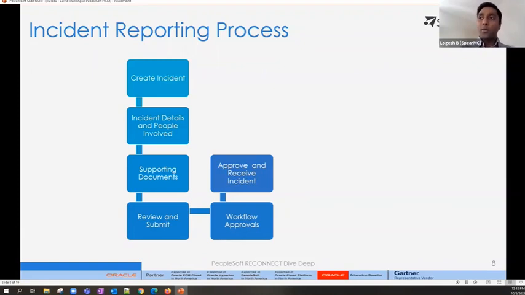Once the workflow approval is received, the information has been recorded, approved, and received, and then starts the process on the administrative side where a related admin could go through and collect more information on the incident if needed. Now, this is the area where I said it's entirely optional for customers to say how much information they want to collect. For example, all that information that I showed you in the previous slide where they want to